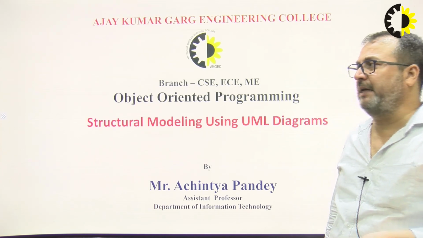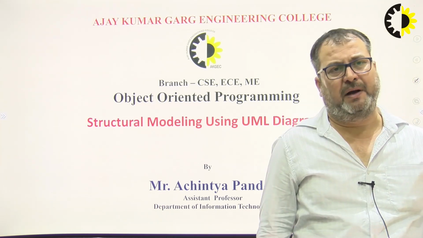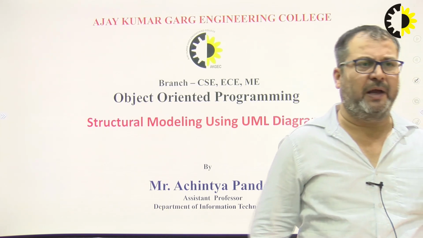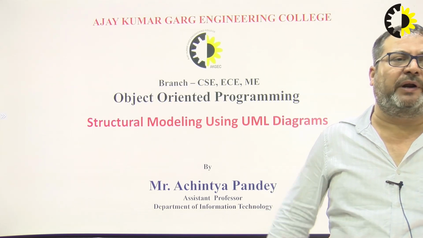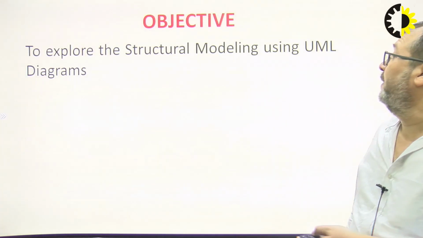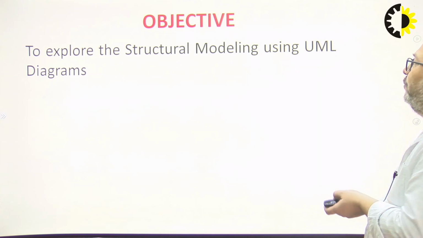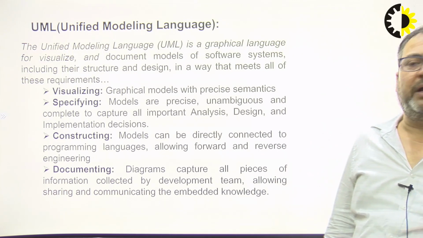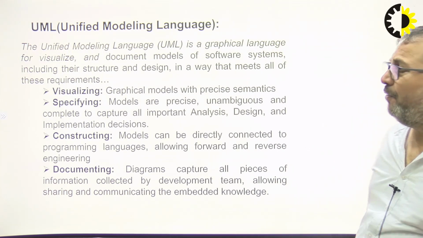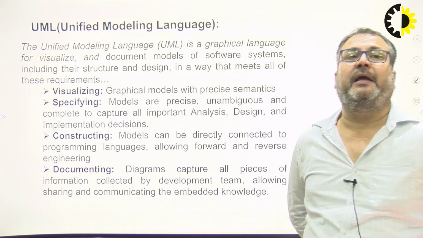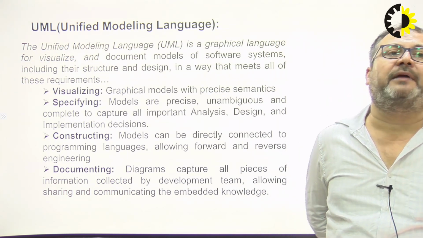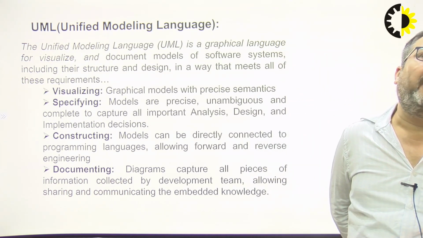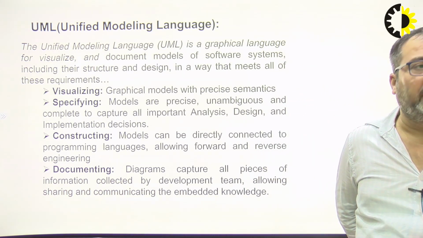So these UML diagrams consist of 9 diagrams, where we could reach all those things. The objective is to explore structural modeling using UML diagrams. So how are we going to model? Basically, the unified modeling language is a graphical language for visualizing and documenting models of software systems, including their